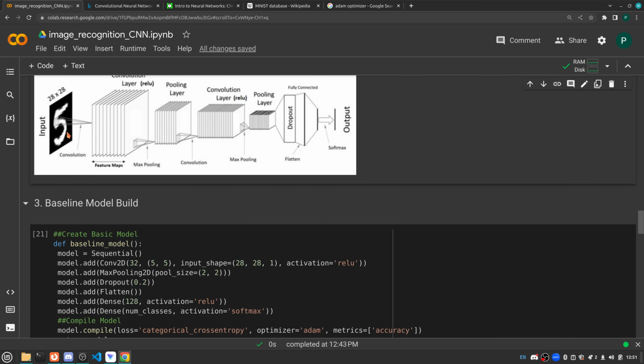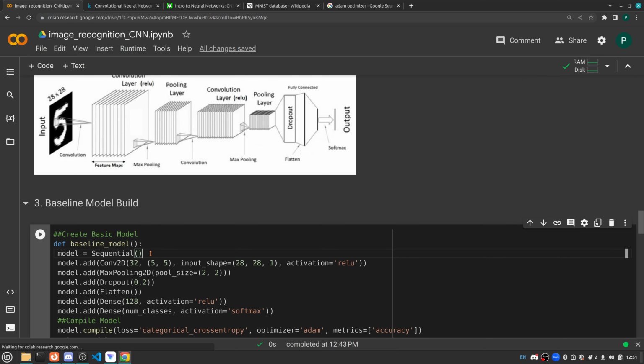So what's going to happen here in the baseline model is we are going to instantiate, or turn on, a model, and that model is just going to be equal to the sequential process within the TensorFlow package. And sequential just allows us to add layers step by step. So what we're going to tell the model to do after we've turned it on